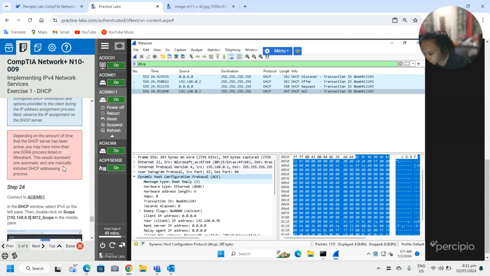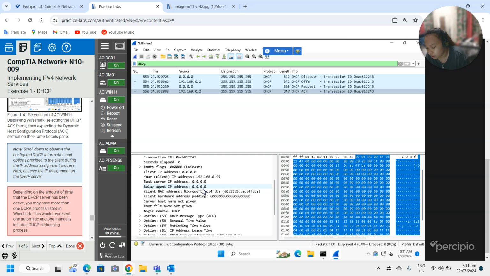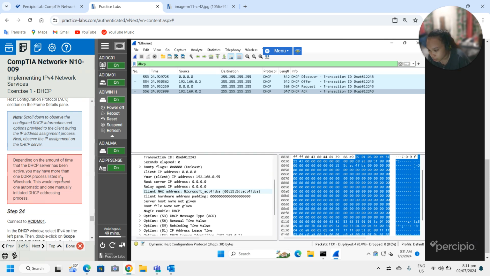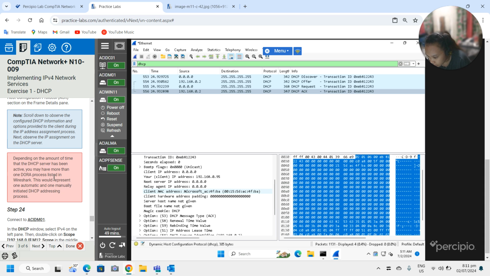So scroll down, then observe the configured DHCP information, the options provided to the client during the IP address assignment process. Next, observe the IP address assignment on the DHCP. So depending on the amount of time that the DHCP server has been activated, you may have more than one DORA process listed in Wireshark. This would represent one automatic and one manually initiated DHCP addressing process.